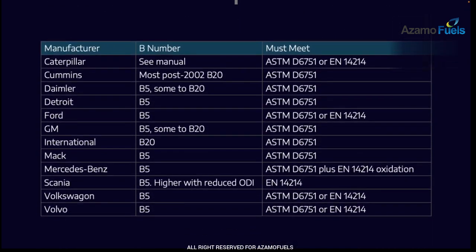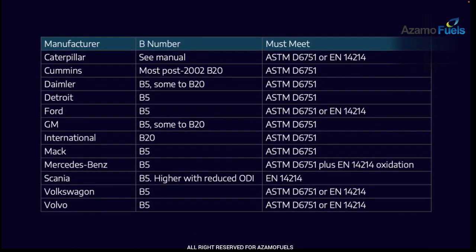Now, this isn't by any means an exhaustive list. This is just what I could find. The information may have been updated since this video was published. So always make sure that you are going back to the manufacturer documentation to ensure that you have the most up-to-date information. But here what you can see is that effectively for most of the manufacturers, they are defining that concentrations up to 5% of biodiesel are generally okay. Some of them go up to 20% is okay. And then some say, well, you really need to maybe check.